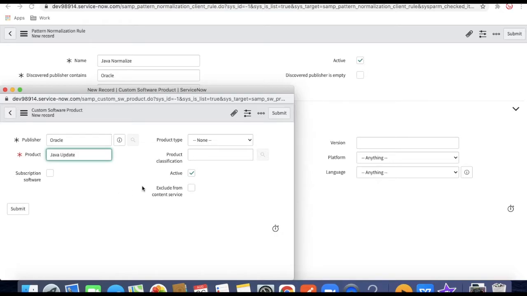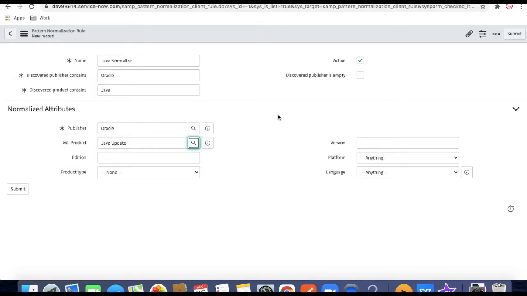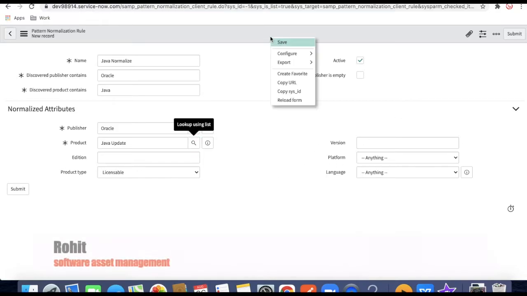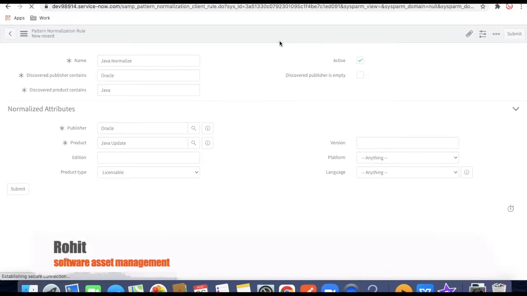We put the name, the product type is licensable, and click submit. Once that is done, you can set the edition and the version. I'm not doing anything, I'm just clicking save now.